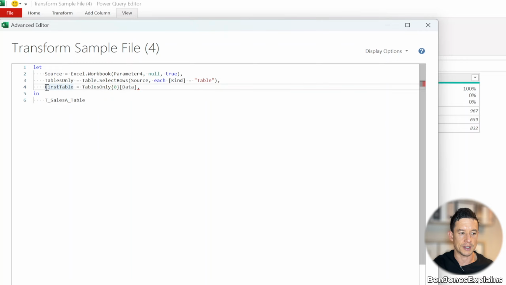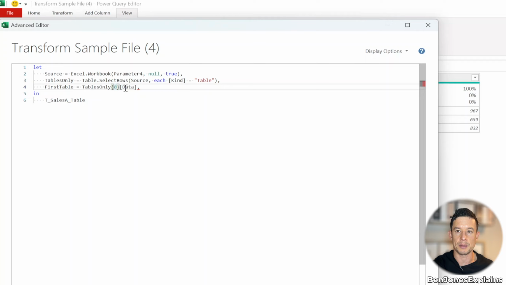Then our next step, called first table, is going to use the same principles we looked at earlier with worksheets where we used indexing. So we're going to say the output of tables only, i.e. the previous step, that intermediary table, we're going to take the first table within it